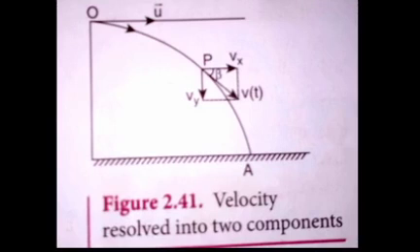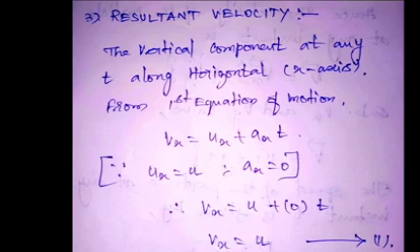Students, O is the initial point of the object and it reaches the point P, where the velocity is resolved into two components, one is v of x and the other v of y. Then the resultant velocity will be calculated using the triangle law of addition, which we studied in the earlier classes. So using the same method, we are going to calculate the resultant velocity, that is the velocity with respect to time, v t. Now the velocity is resolved into two components. From the diagram itself we can identify one is v of x and another one is v of y.